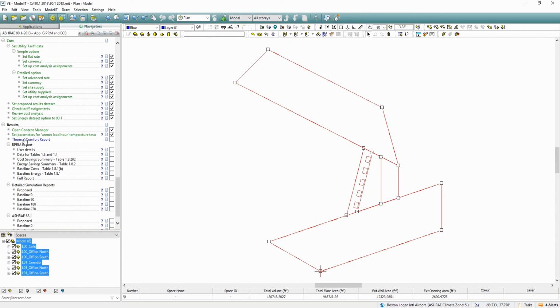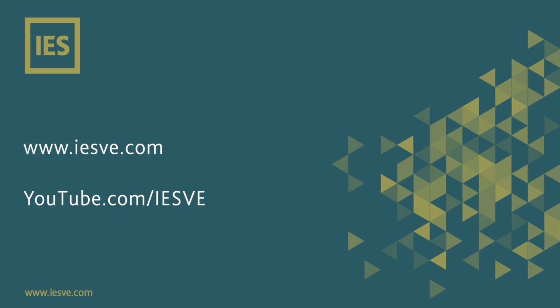In addition, the necessary parts of the BPRM report are also updated. For example, the unmet load hours now reflect the inclusion of free floating spaces. Note that a new step has also been added which, through the MacroFlow module, allows users to set up natural ventilation strategies. Find out more about the VE Navigator for ASHRAE 90.1 by visiting